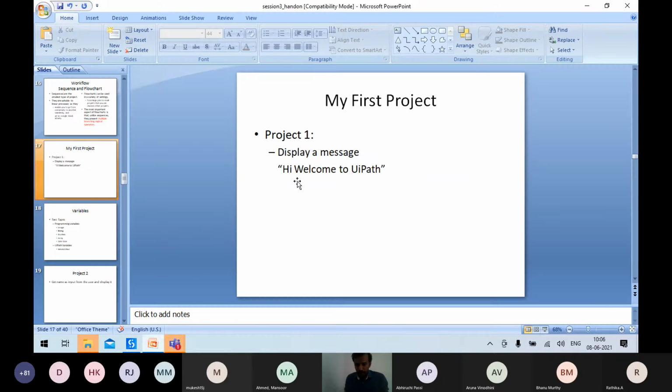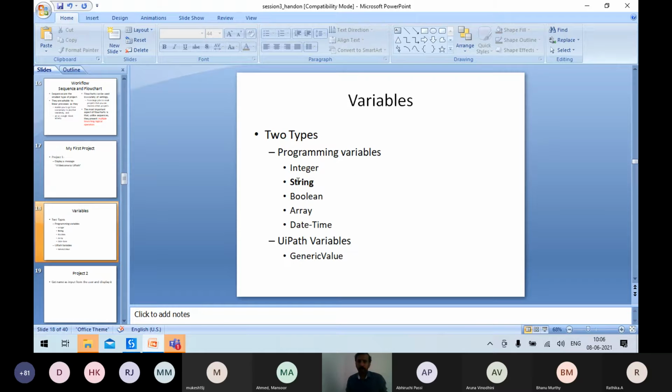Now we'll start thinking about variables. Now you are familiar with the environment, and you know how to display a message with UiPath. Now we'll go on to simple variables. What are the variables supported?